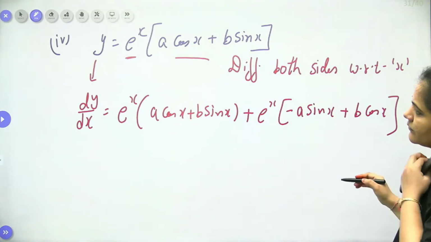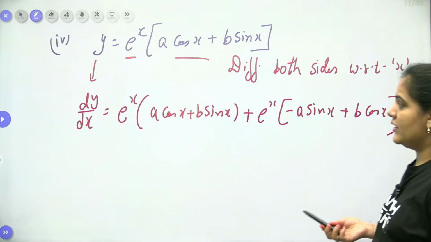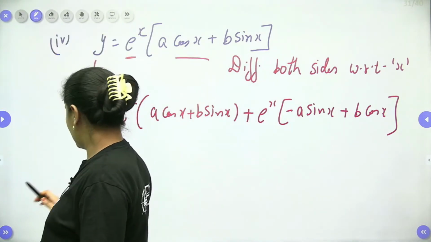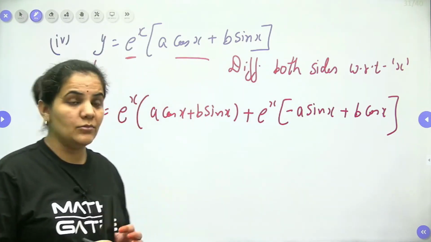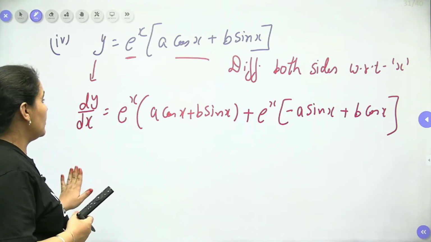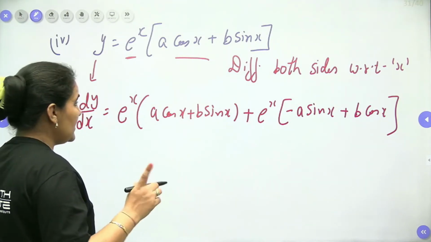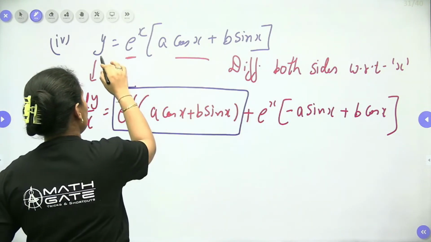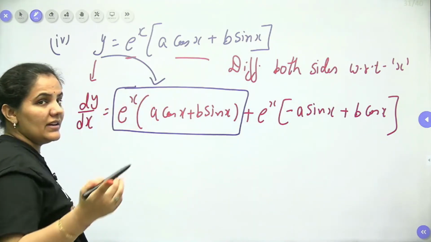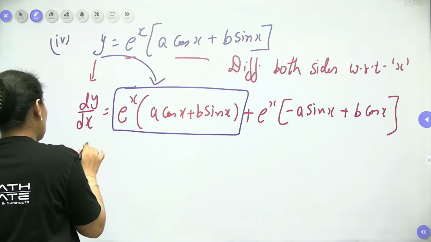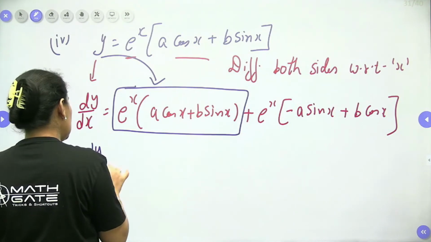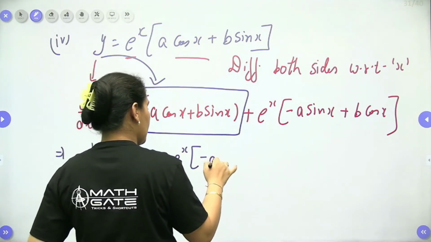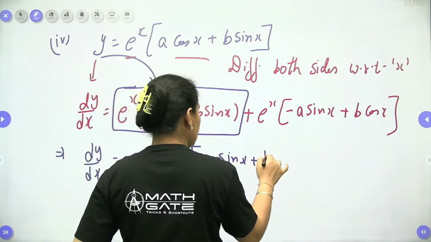Yes, exactly. Okay, now it's not giving me the final solution. It still has the arbitrary constants, so we have to remove them, but we are not able to remove the arbitrary constants yet. But you can do one thing, my dear students. In place of this one, particularly this part, you can put y and then you can differentiate one more time. So let me write down here, dy by dx is equals to y plus e to the power x into minus a sin x plus b cos x.